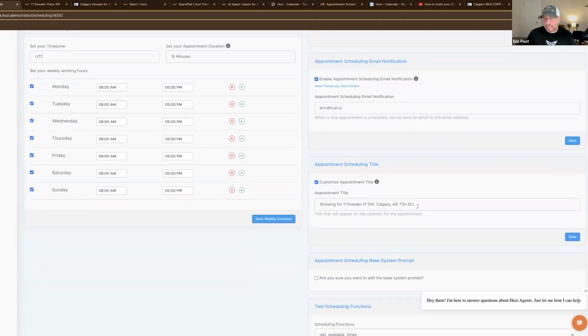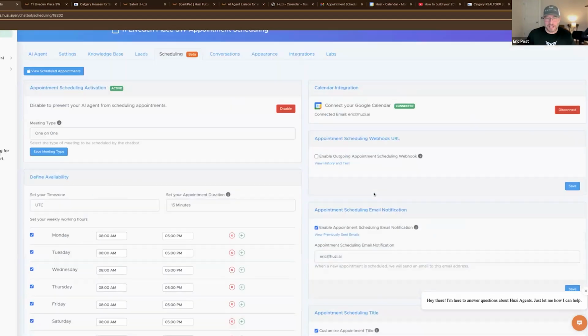And personally, I like to make sure that I'm customizing the appointment title in my calendar, so I'm not looking at my calendar wondering where this thing came from. Give it a name that you'll recognize that shows up in your calendar, like, oh, my AI agent booked that for me. Those are two little tips there with the calendar.